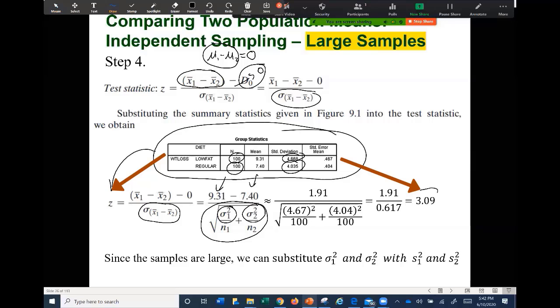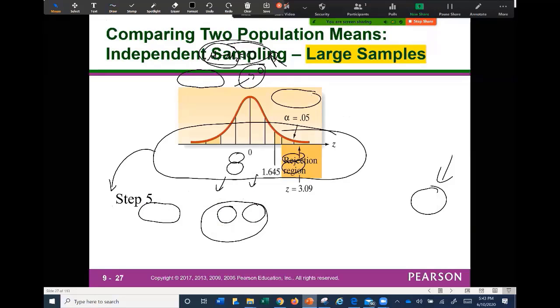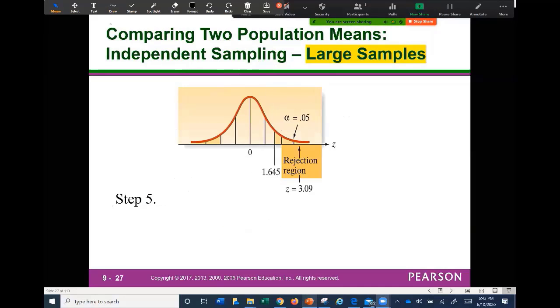This score tells me my evidence falls 3 standard deviations from my expectation. What is my expectation? My assumption. My assumption is the difference of the means is equal to 0. Then my evidence departs from this assumption, this quantity, 3 standard deviations to the right. Then we can reach our conclusion because my critical value was this, my reference point using alpha 5% is this, and my evidence condensed in one score is this one.